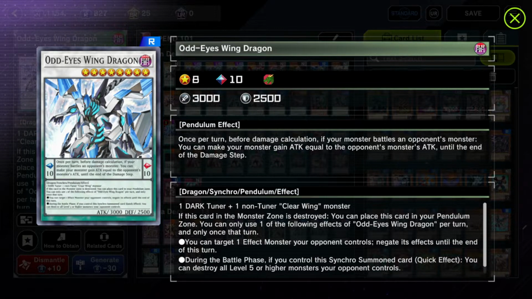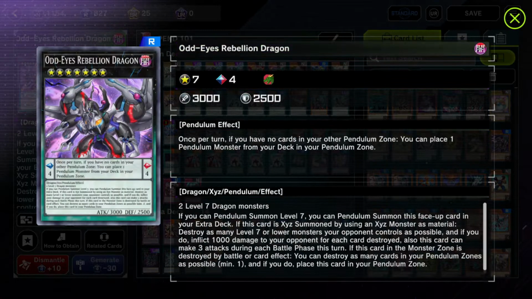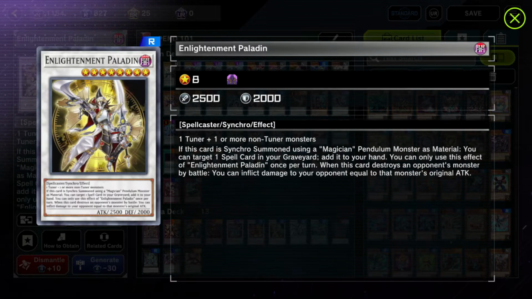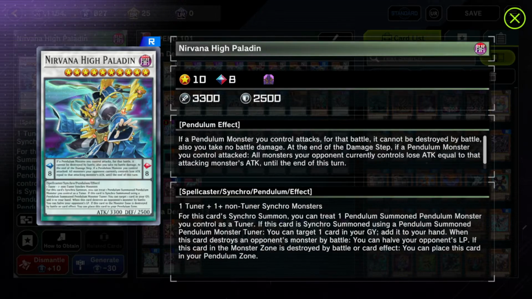Odd Eyes Wing Dragon, Odd Eyes Venom Dragon, and Odd Eyes Rebellion Dragon, as well as Odd Eyes Raging Dragon, who's kinda hard to summon, but worth it when you do, are all cards that help complete the extra deck a bit better. And finally, both Enlightenment Paladin and Nirvana High Paladin, who...